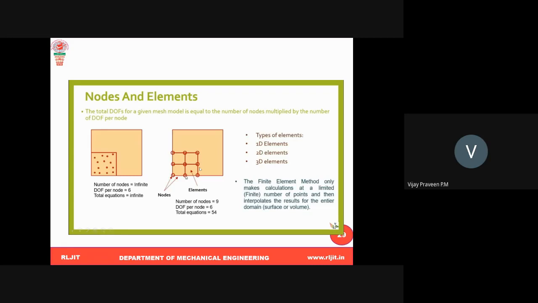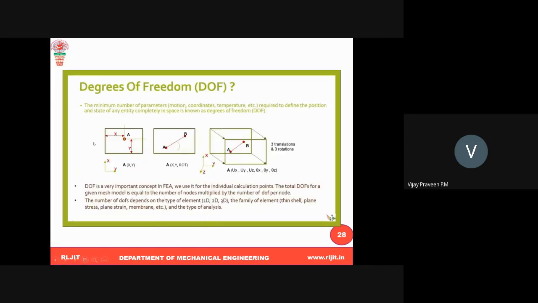So you can apply it to any complex structure. It will calculate the result for the nodes, and you can interpolate to get it at any point. The nodes, and the degrees of freedom, depend upon the number of elements, 1D, 2D, 3D. You can see here it is a 1D case. Suppose it is 2, and if this case is 3 but kept in 3D, it becomes 6.